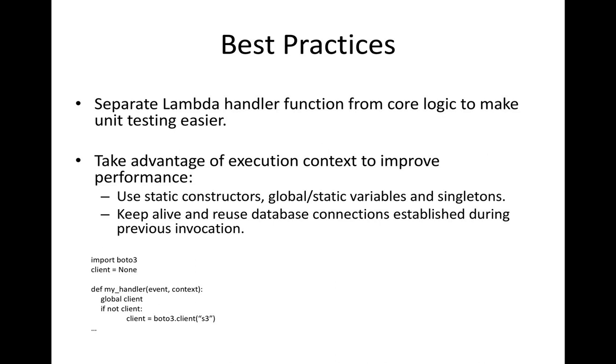I would want it to set up the connection the first time the Lambda function was invoked during a cold start, and then subsequent invocations, which might result in warm starts, would call the handler function,